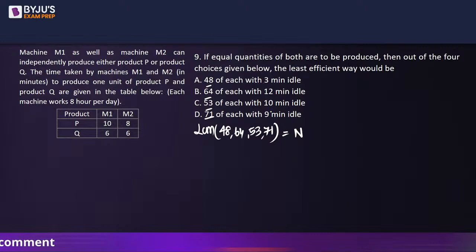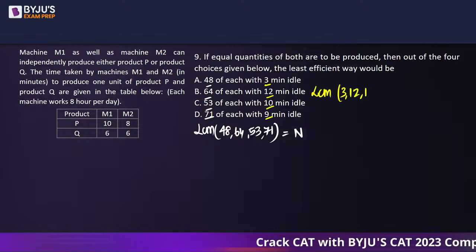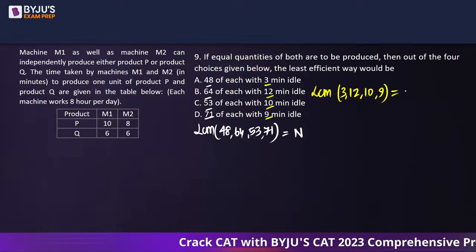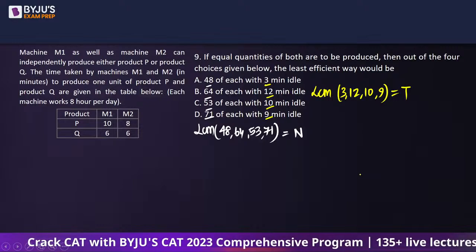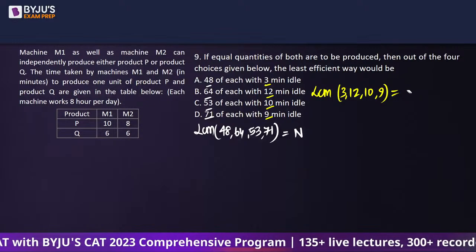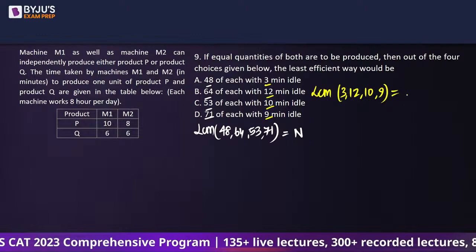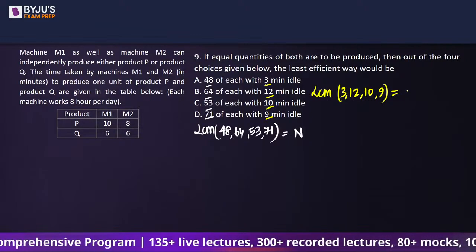दूसरा तरीका ये हो सकता है that we take the LCM of the times 3, 12, 10 and 9, and suppose this is T, कि इतने टाइम आइडल थे, ठीक है? मैं एग्जांपल दे रहा हूं. Okay, I'll give you an example. So the LCM of 3, 12, 10 and 9 is going to be